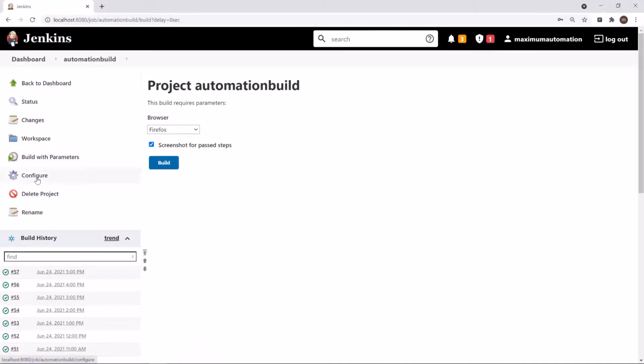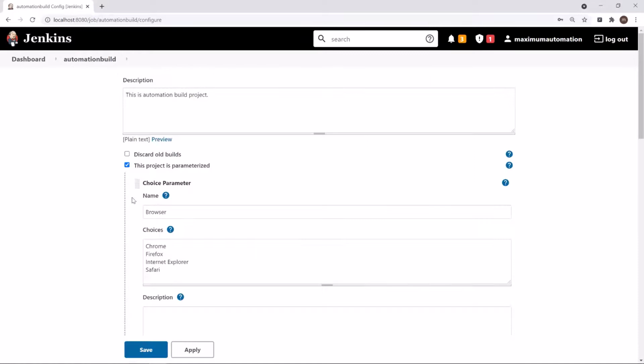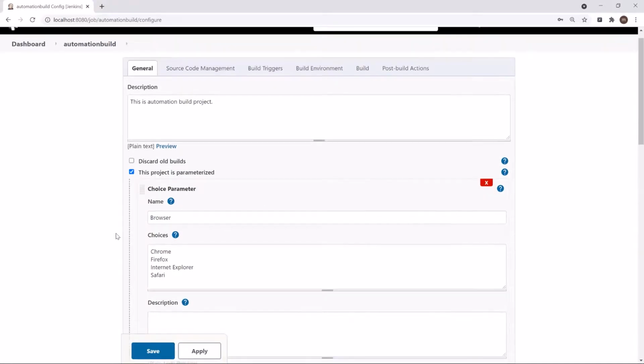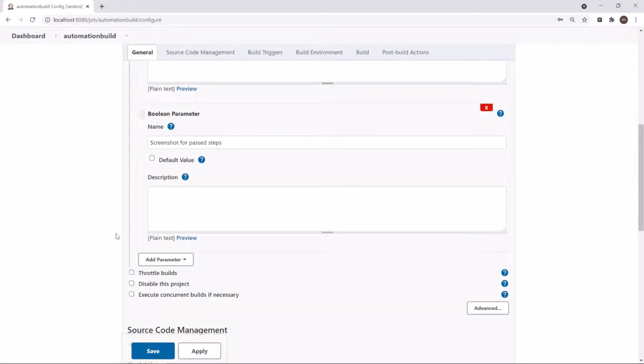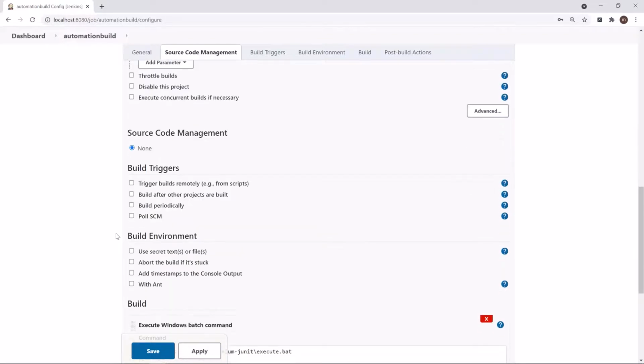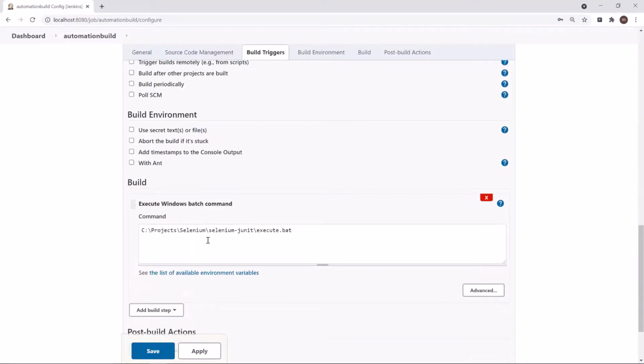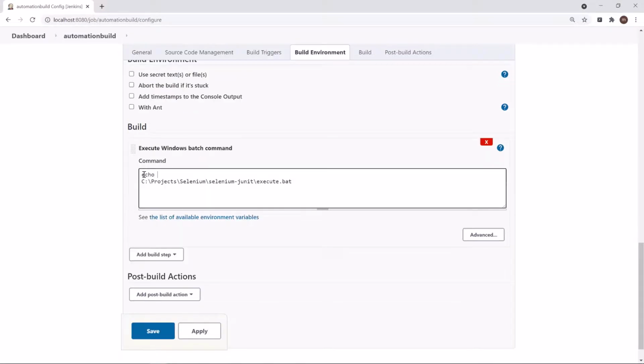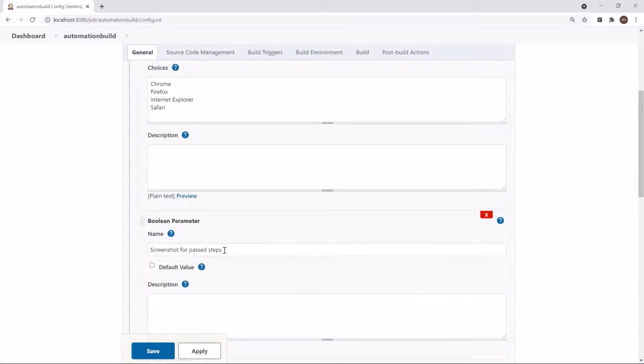Now let's see how we can use these parameter values in our build. If we go back to the configure page and then to the command section, here we can use the parameter values by using the parameter name enclosed within % signs. Now let's update the name for this parameter to screenshot.